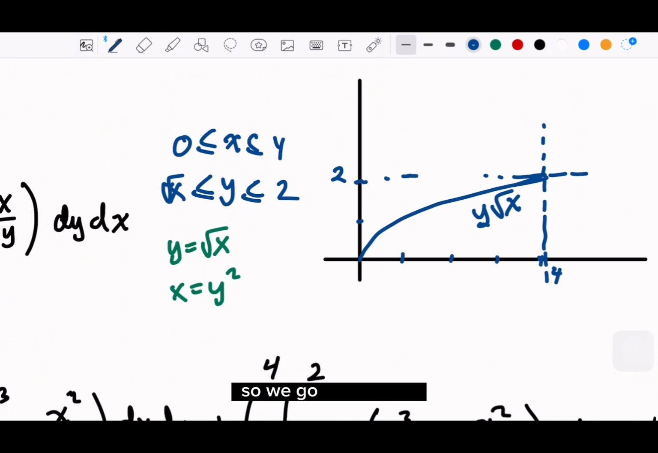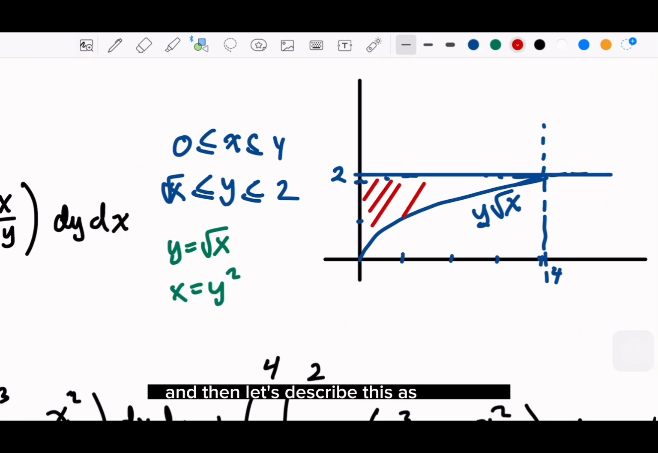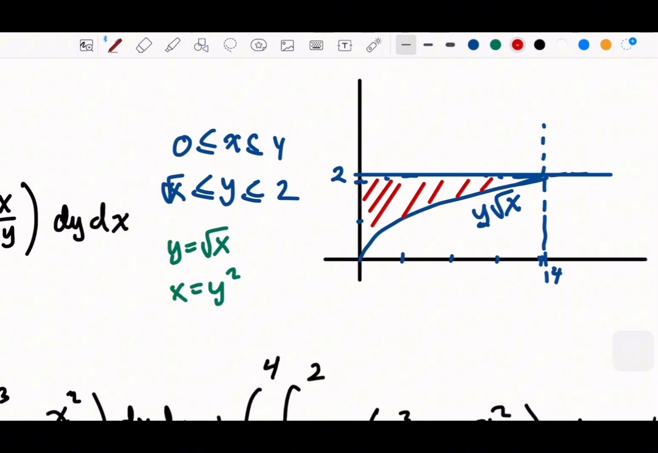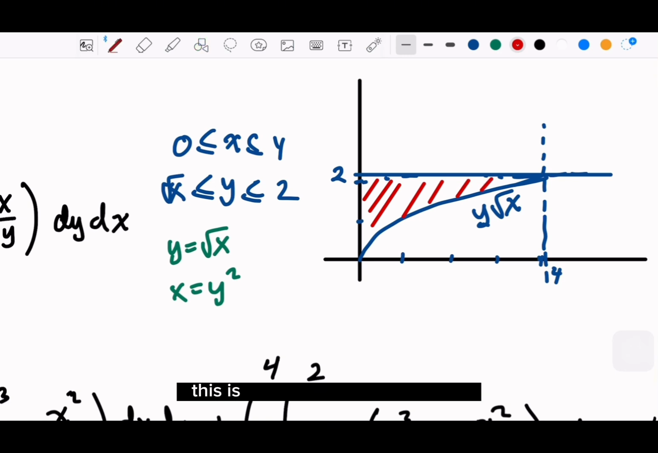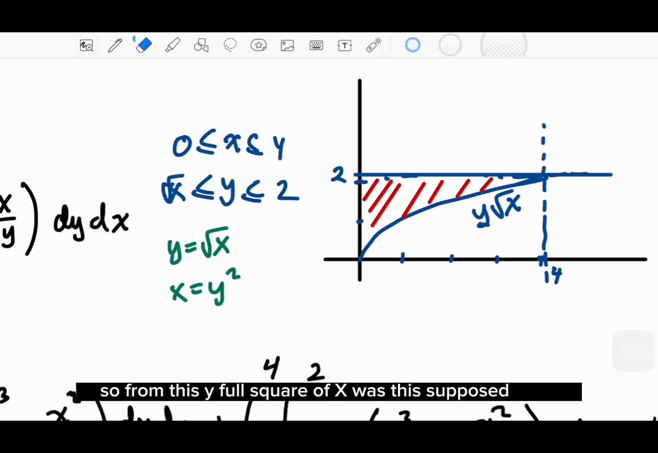Okay. So we go from 0 to 4, and we go from this curve to y equal 2. Okay. So let's draw the line here, and then let's describe this as our area. This is actually our area from this. Okay. So from this y equal square root of x, y is this supposed to be